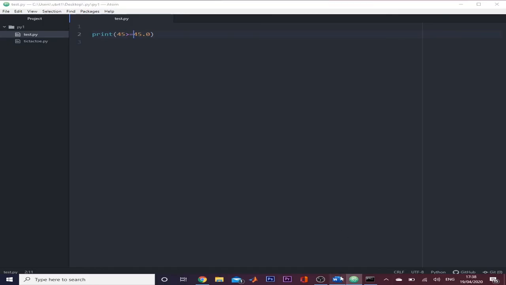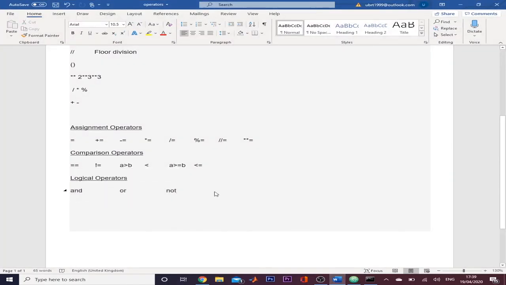Lastly, we will see logical operators that are AND, OR and NOT. So AND means that if we are operating AND on two operators, if any one of the operators is 0, the AND operator will give us a 0. It means that both values should be true to proceed in an AND statement. And for OR, if even a single operator is true, then it will proceed on. And for NOT, it is the opposite. If we are taking a NOT of any operator, it means that its answer will be converted into its opposite. So we use the NOT operator when we want the complement of that in a program.